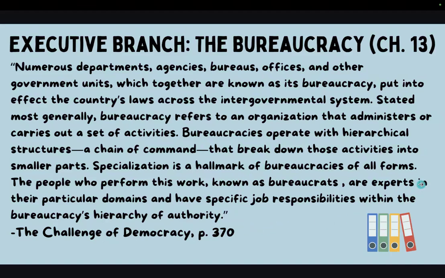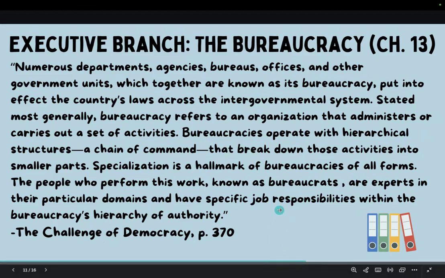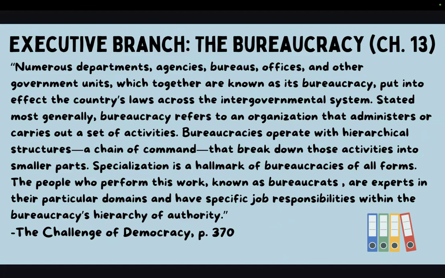Okay, so the bureaucracy, I just want to touch on this a little bit more. Specialization is a hallmark of bureaucracies, and they often operate in a hierarchy, a chain of command. And both of these things are true in my experience in working for the government. And not all bureaucracies are government, but the federal government is made up of bureaucracy, yes. So specialization is one of the best things about the federal workforce, in my opinion,